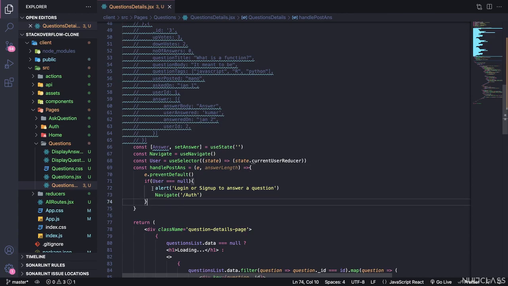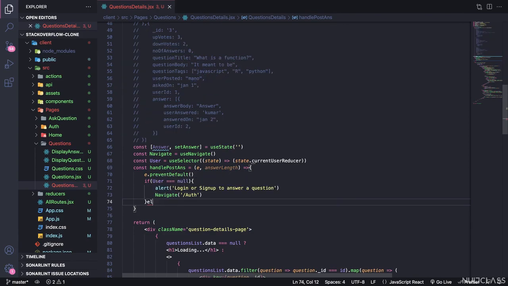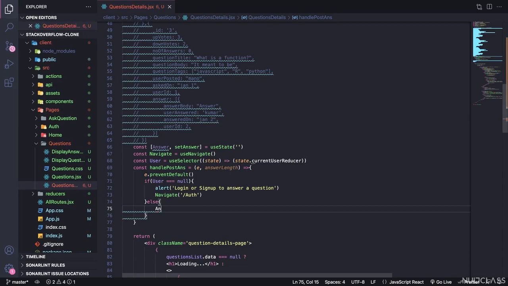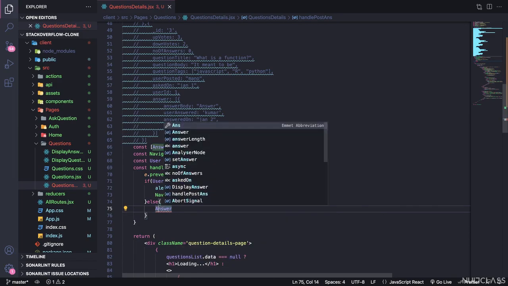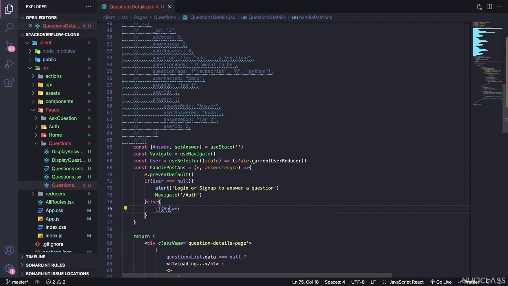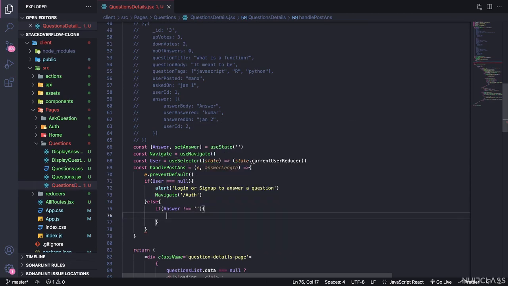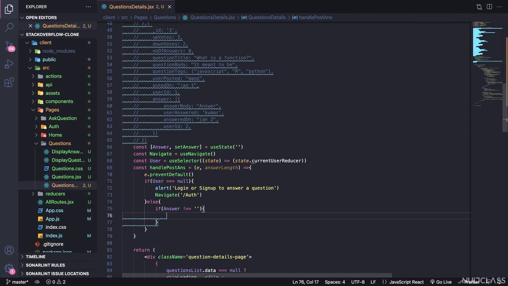Now after providing this, we will write an else part, and in the else part we have to check if an answer has been provided. So we'll have another if condition. We will say if this answer triple equals an empty string, then we're going to have